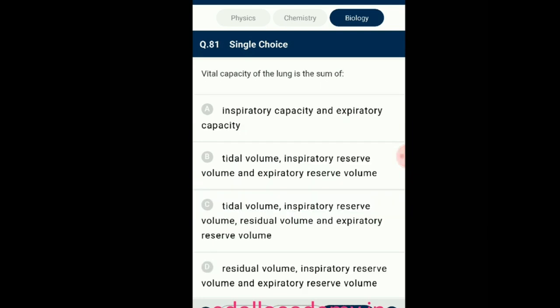Question number 81. Vital capacity of the lung is the sum of. Vital capacity is the maximum volume of air a person can breathe in after a forced expiration. This includes expiratory reserve volume,